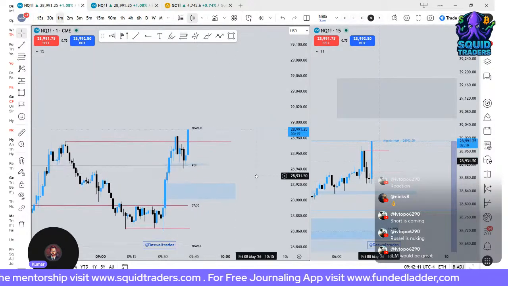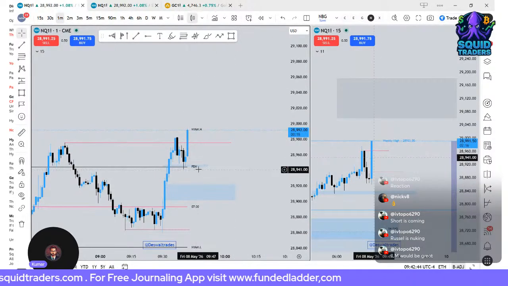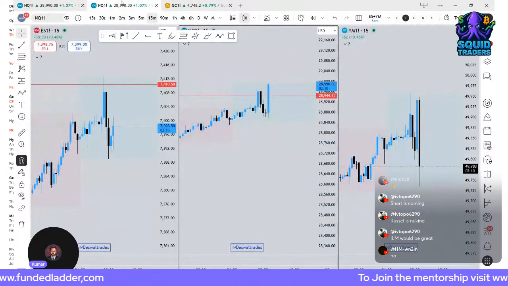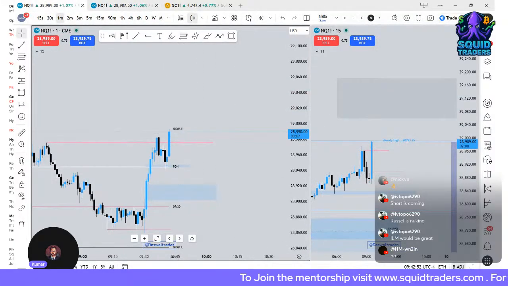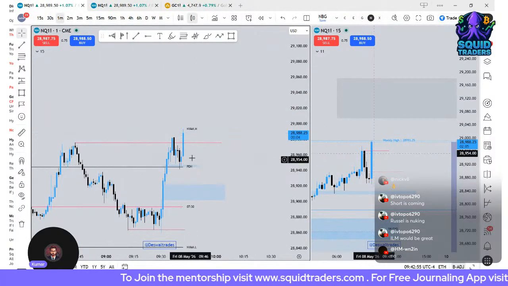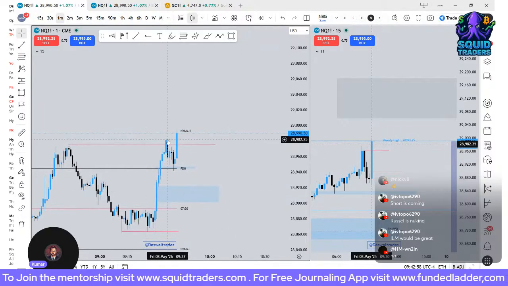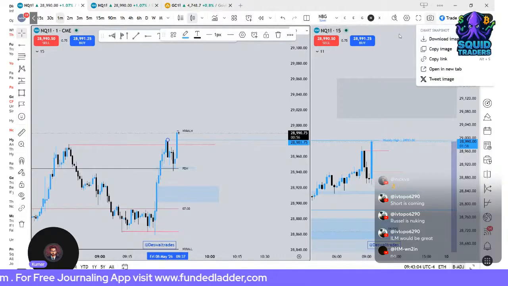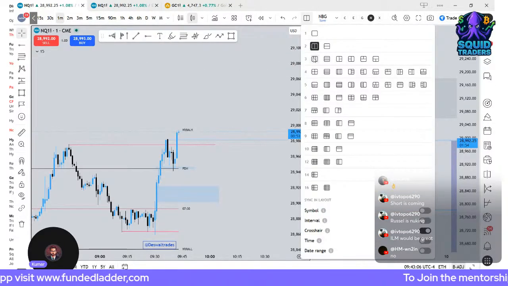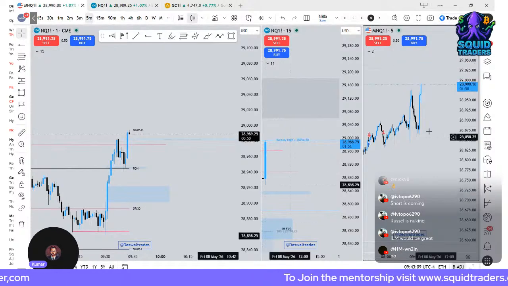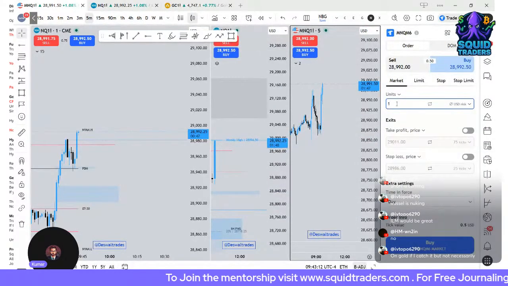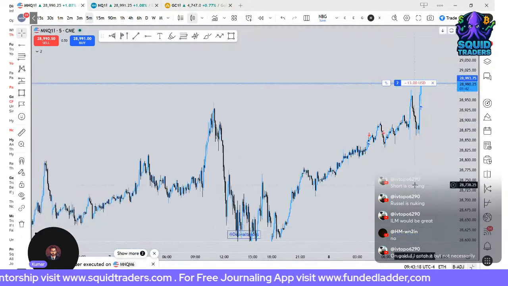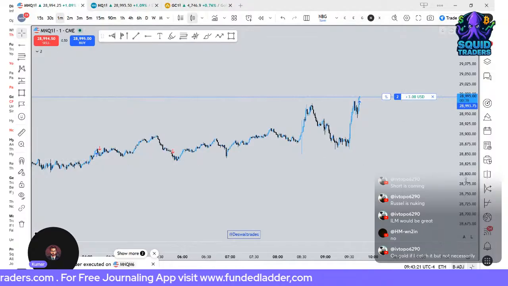Okay, let's see if this candle closes over here. We can take a small risk, keeping the stop loss here. Let's see how YM is doing. We came back to this fair value gap and reacted nicely. We need a close of this candle above this level. Yeah, we got that. Okay, I'm going to jump into a small trade here. Only 2 contracts long. I'm going to put my stop loss below this.